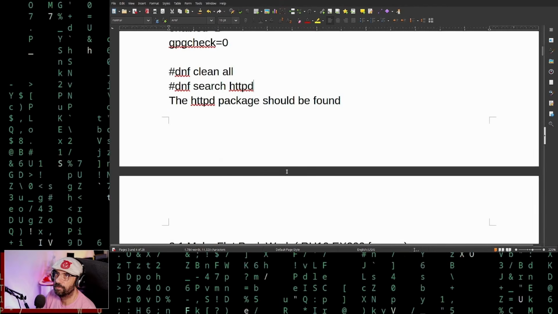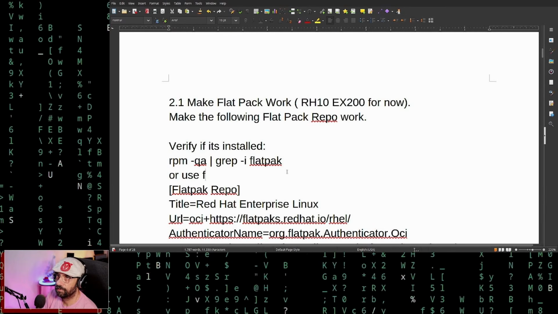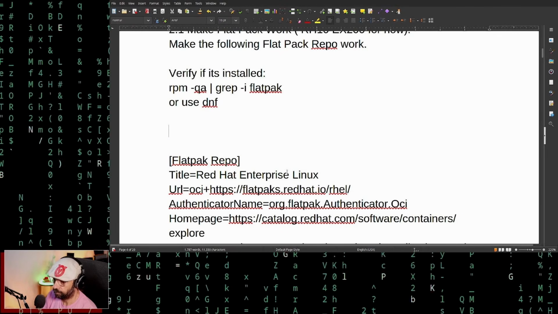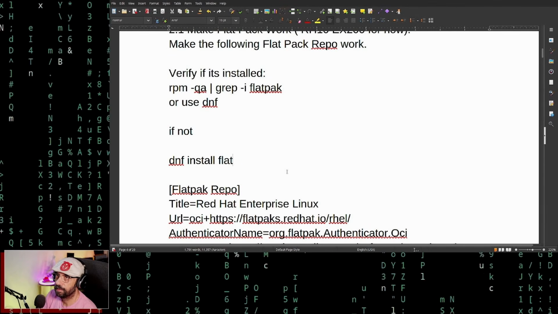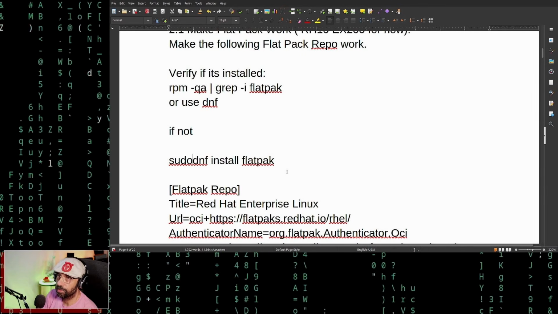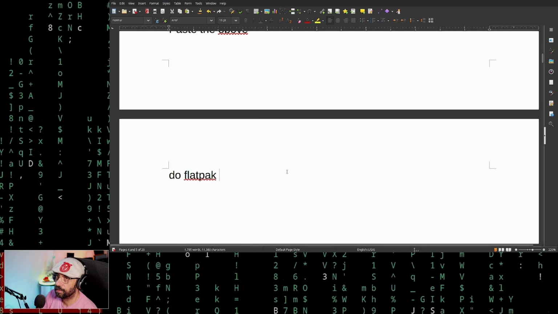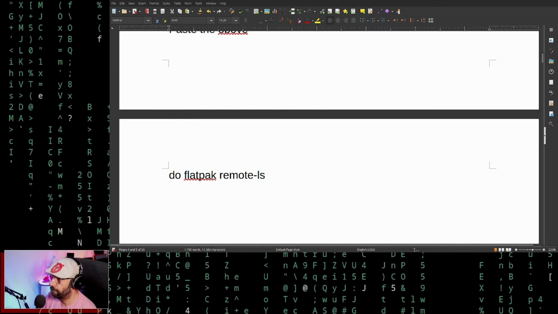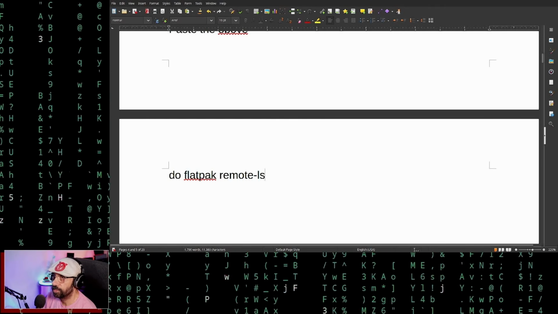I'm going to add this here so I don't forget. Verify installs or use DNF. It's fine, whatever the case. If not, dnf install flatpak. Let's put sudo here and paste the above. And do flatpak remote-ls to list all the available installable packages, or if you wish, you can do